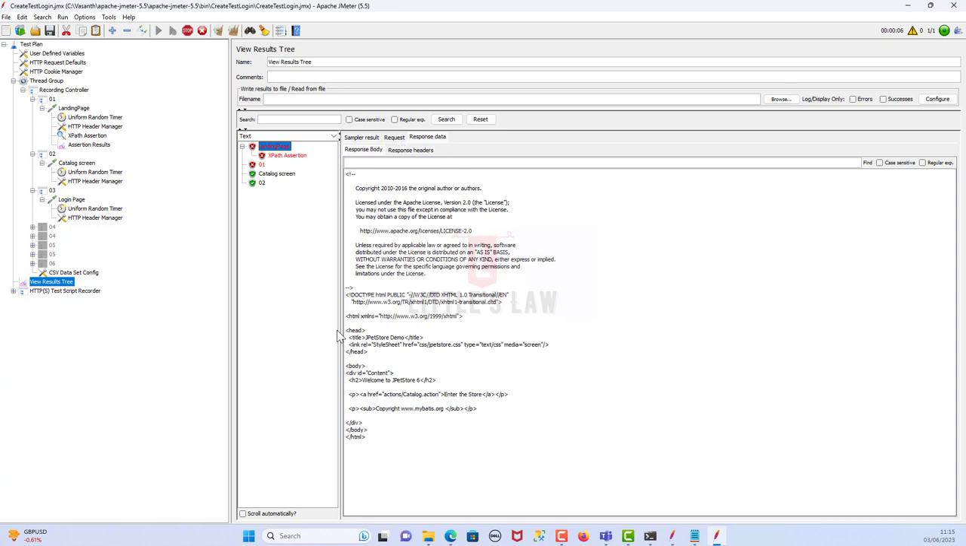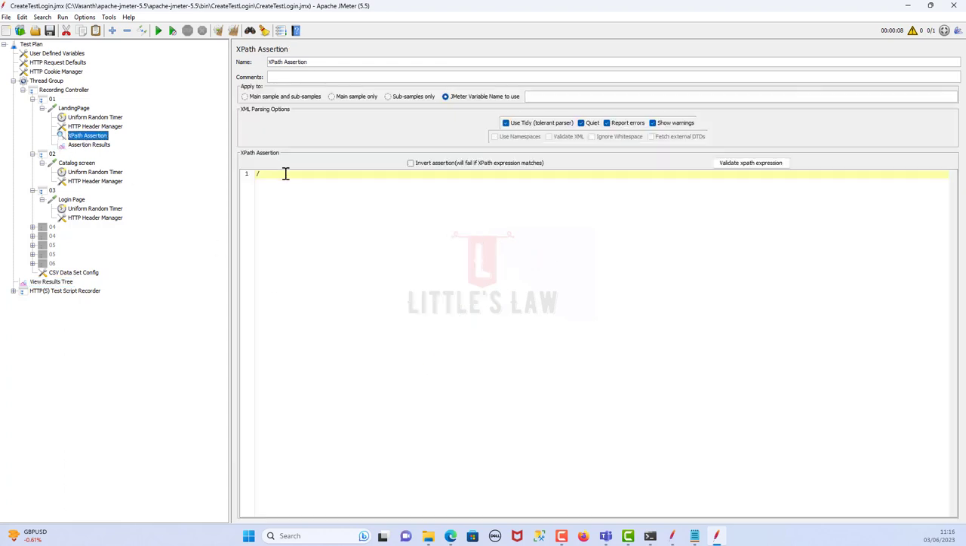And going to the response data. So this part here, so the head, title. So I just want to validate the title of this page as an assertion, and what is going to be the